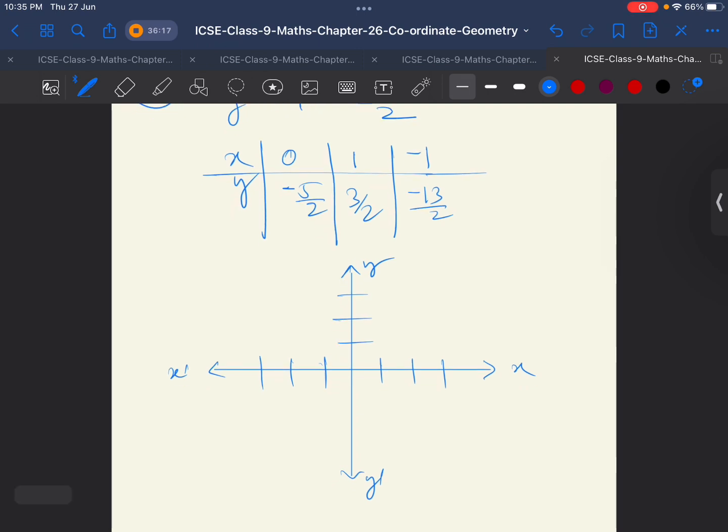So minus 5/2 means minus 2.5. So 0, minus 5/2. Here 1, 2, 3, this point is x 0 and y minus 5/2. So this point is here. Okay, and